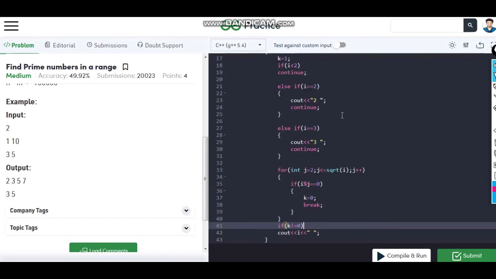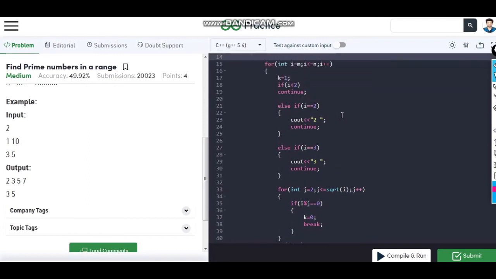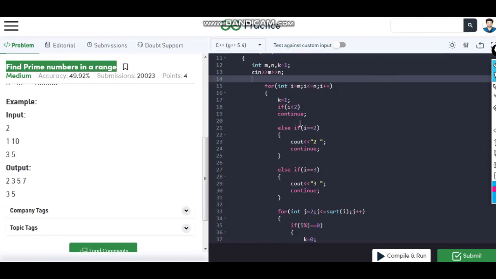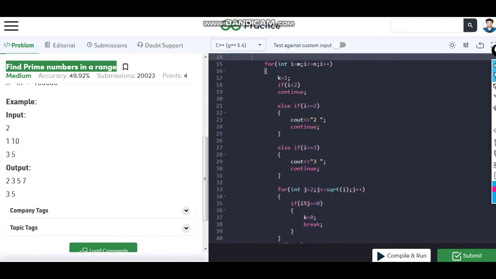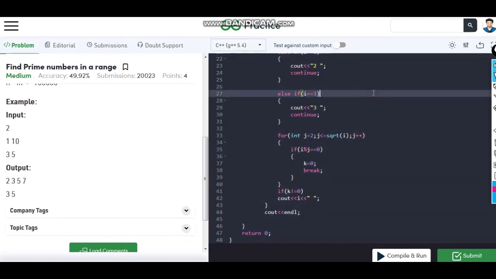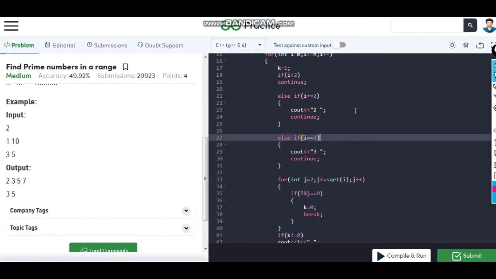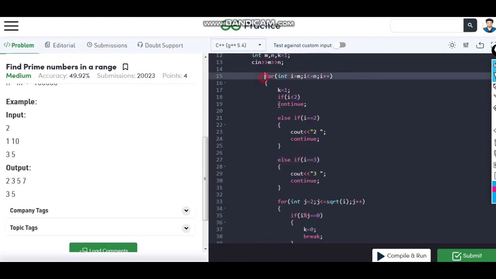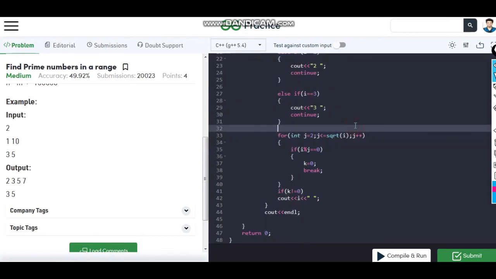I use these simple logics to solve this type of question, because if you search for these questions on Google, like prime number in a range, the code shown on other sites will be a little complex. So I have solved this using this code, and I think it's easy to understand and easy for beginners. You can try a dry run of this code and you will get the idea. So let's move to the other question.